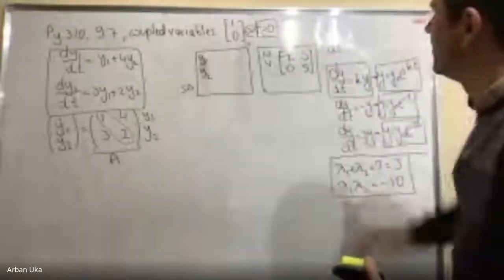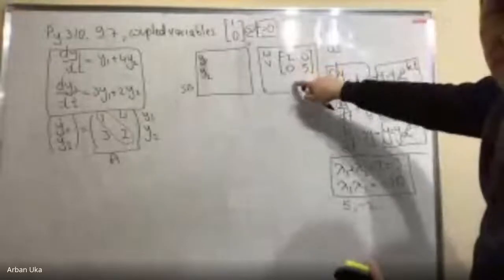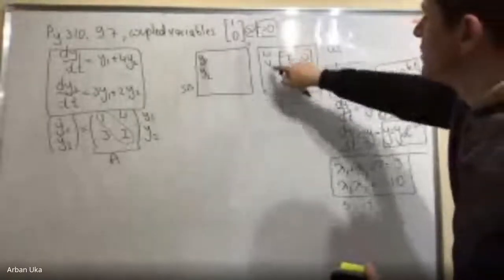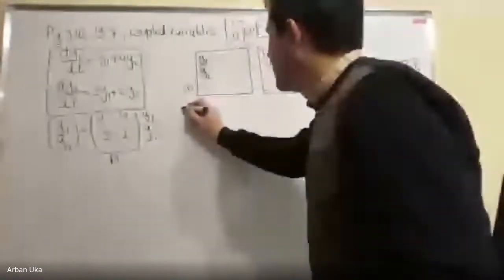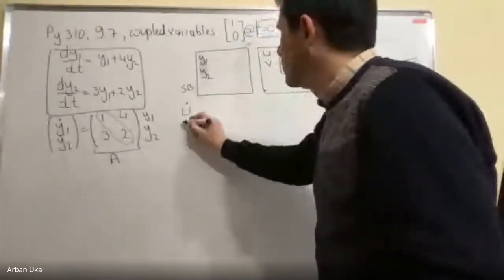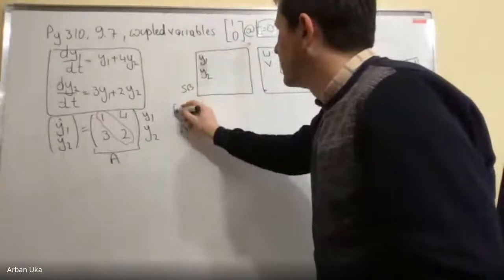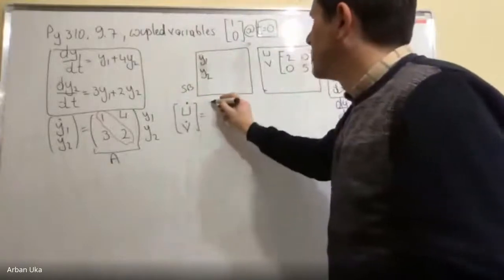We got it. In the new basis, this is how the u's will be decoupled. So immediately we can say that the rate of change in u, so let's write u dot, and the rate of change of v dot, this is going to be equal